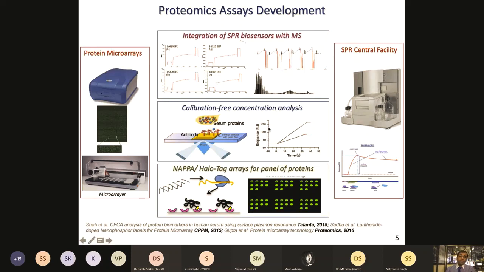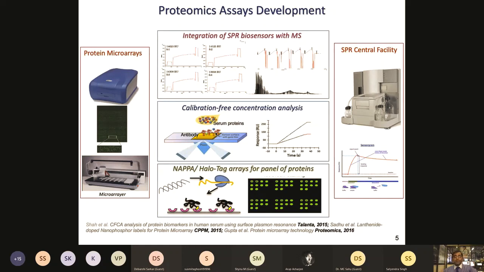Likewise, we also looked into how to utilize SPR like ELISA. In ELISA, you are measuring the concentration of a given, let's say, serum protein, and you know what the level of that protein should be in the normal range, right? In SPR, can we do similar types of assays? And we first made the standard curve for known proteins of interest.